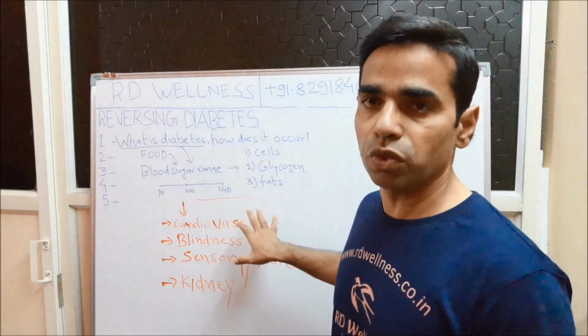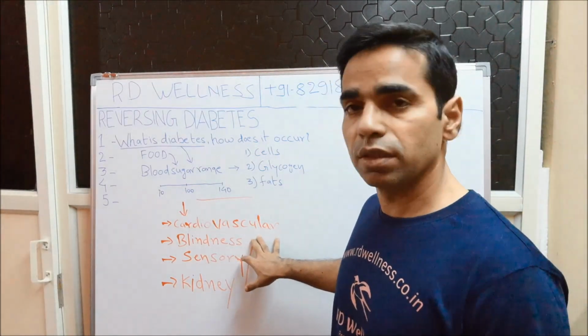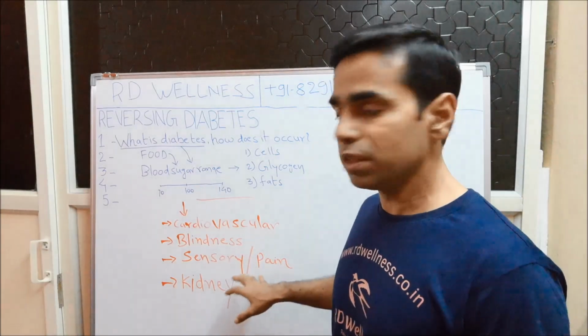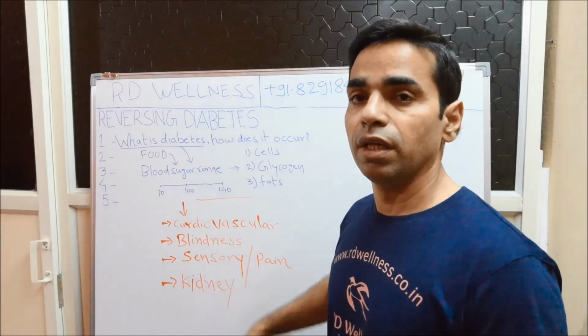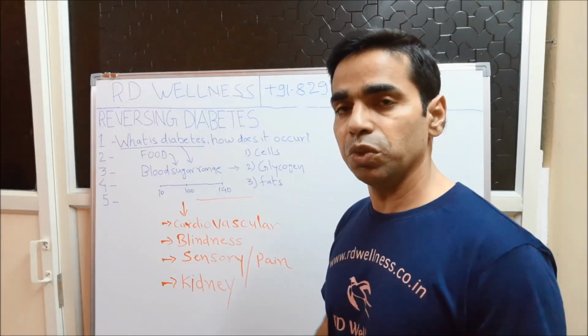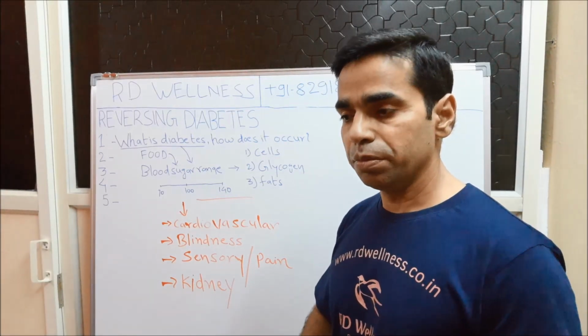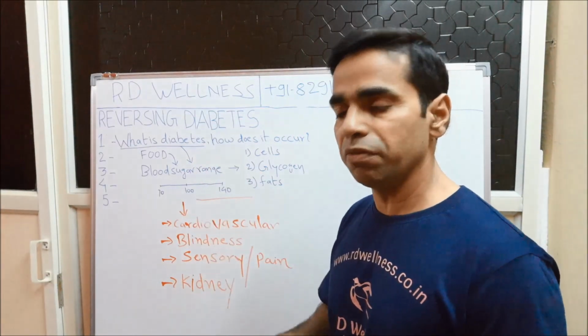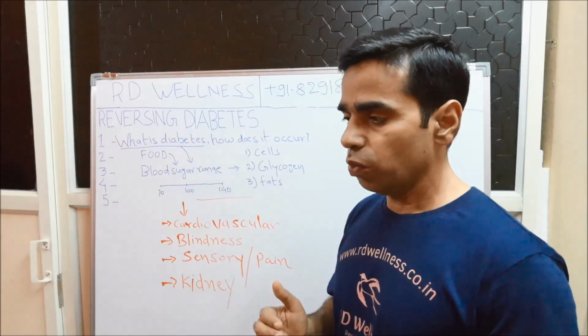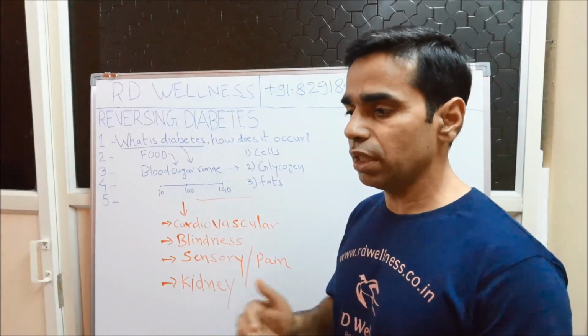In addition to cardiovascular events, you may get blindness, you may feel some sensory issues including pain, and even you may develop some kidney-related issues as you progress further in the disease cycle. This is very important. You should be very clear why it is very important to stay away from diabetes,